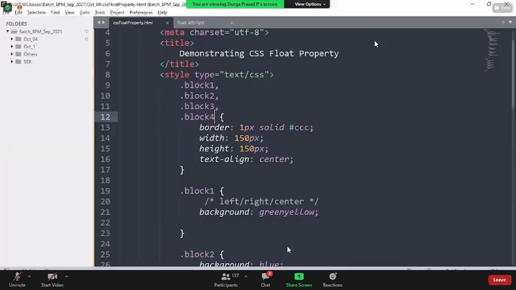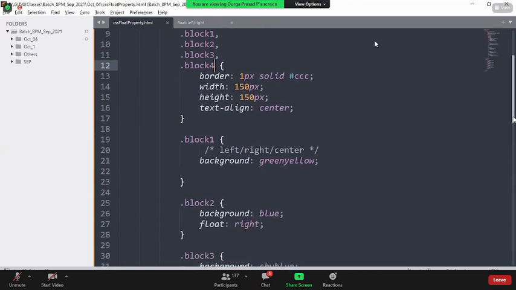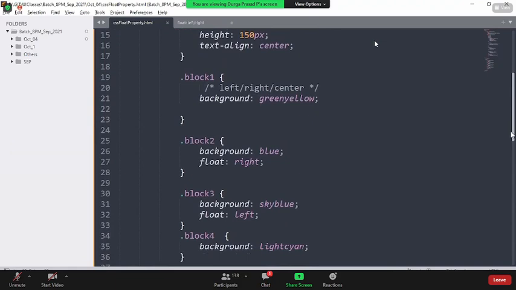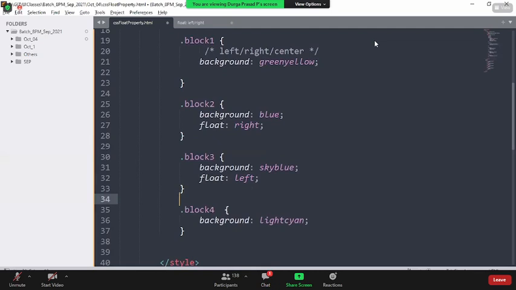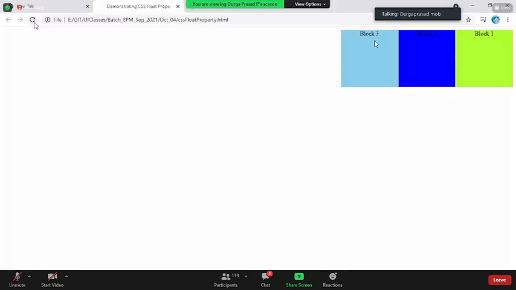Block 1 is not having anything. Does it come on the left side or the right side? Left side, on the left top. Okay, the default block position is the left side. Fine. Block 2 and block 3, do they come in the same line or new lines? Same line, sir. Same line, because those are connected to each other and both have changed direction. Okay. Block 4, same line with the block or new line? New line. Save this, come back here, reload the page.